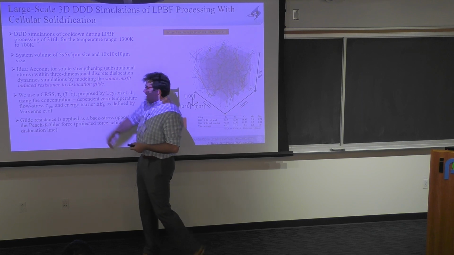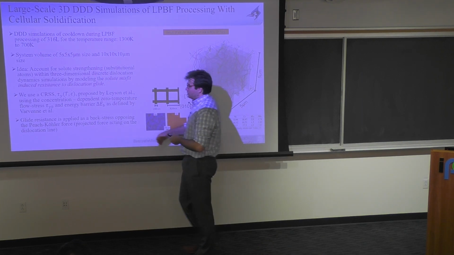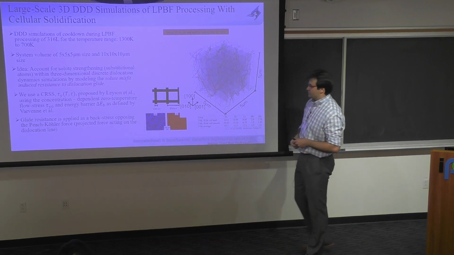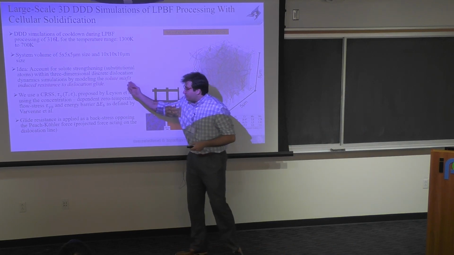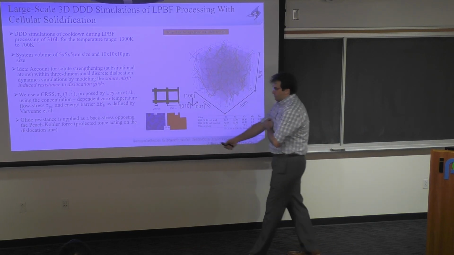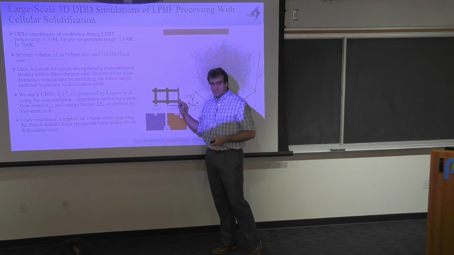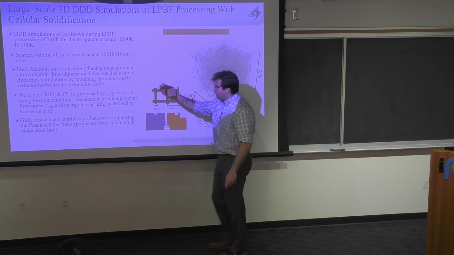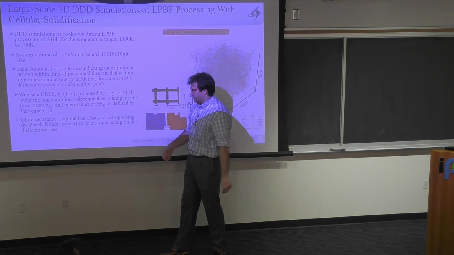So the idea that we started off with here is using the solute misfit induced resistance to dislocation glide as a measure that we can put into our discrete dislocation dynamics. The solute misfit induced resistance to the dislocation glide is going to be different in the cell as compared to the walls. Why? Because the composition is different. So we can actually do that. How do we calculate that type of influence on the gliding of a dislocation?